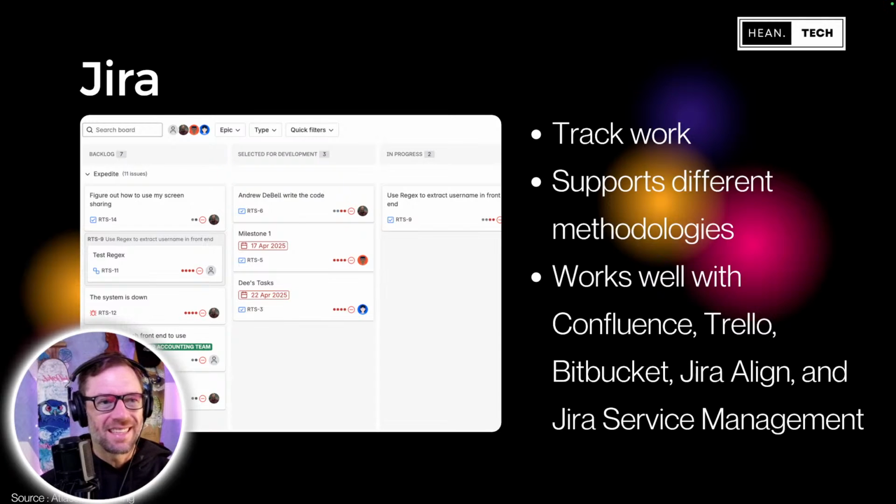It's also not connected to any particular methodology of work. You could use Agile or Waterfall or any combination thereof. And of course, it ties in and works well with almost every other Atlassian product, particularly the other flavor of Jira, Jira Service Management, JSM. Many times you'll have a development team using Jira to develop things, and JSM, Jira Service Management, to provide support and to track ongoing things that are happening.